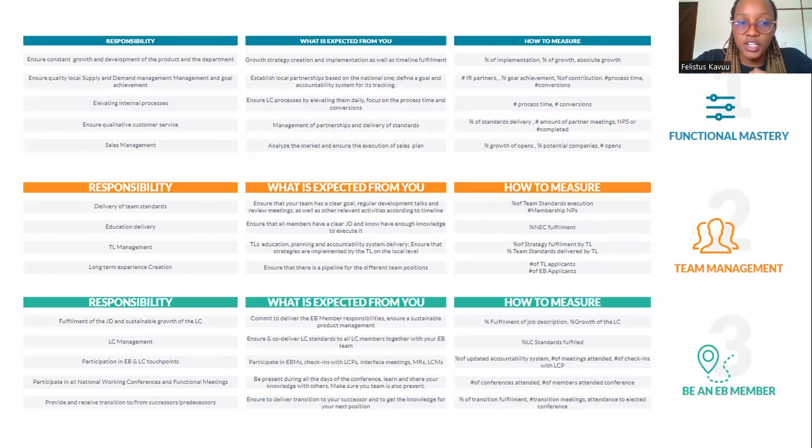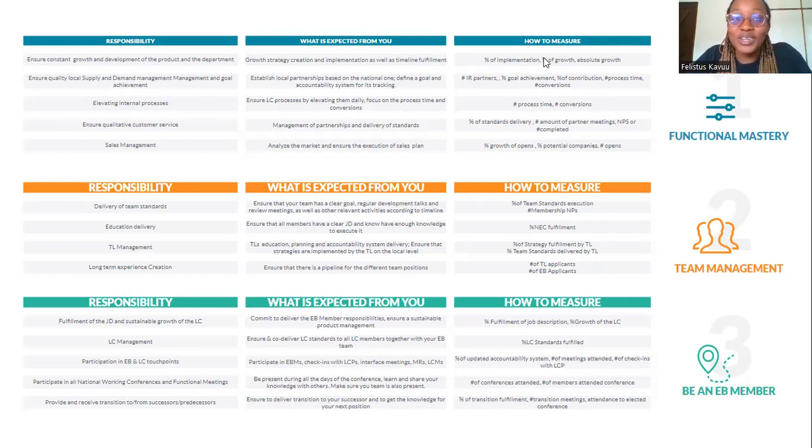And then the other is sales management. Because as I said, for you to start the project, you need to sell ISEC to an NGO, you need to sell ISEC to a public school. For you to get applicants, you need to sell these projects to the applicant. So that's basically what sales management entails. And so you can go through what is expected of them, and then how to measure each and every one of the key processes that we have there. I will not go deep into that. Kindly ensure that you go through this slide if anything does not make sense.